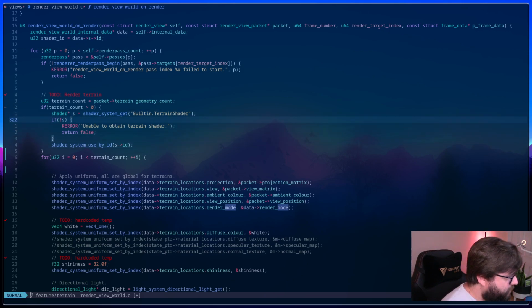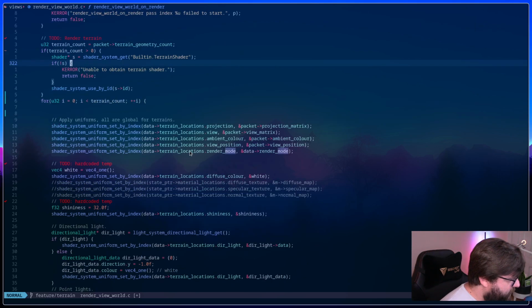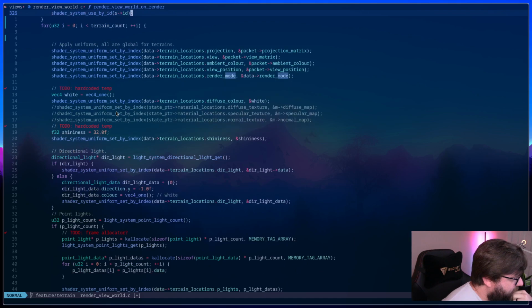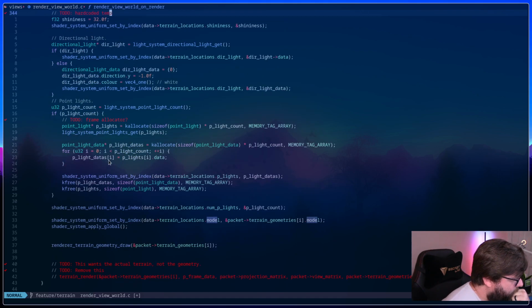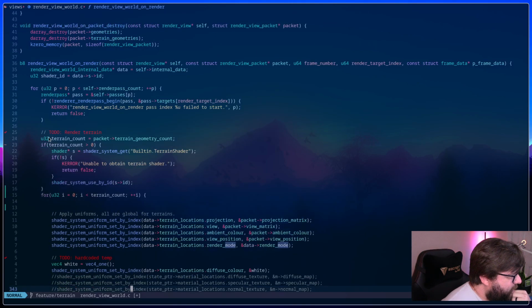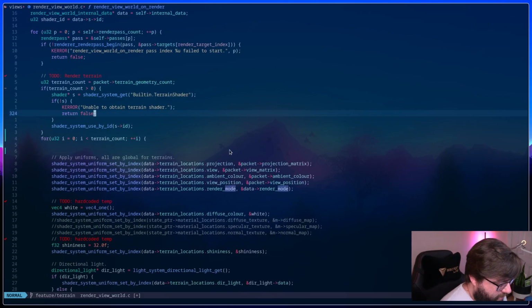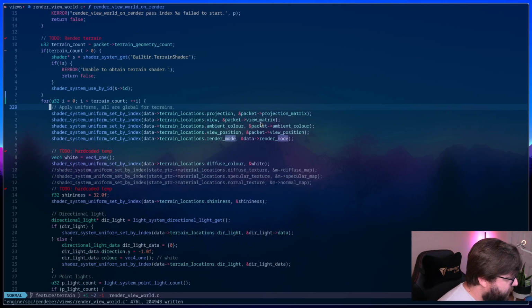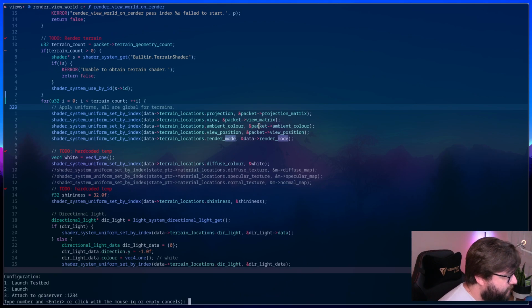We are going to have to scope this shader though, I think. Let's see. Do we need that for anything? Because I think we've used it and it's stateful, so we might actually not need that. Okay. We could probably cache this as well. We really don't need to do this every time here. But for right now, I'll go ahead and leave it as is. That's at least a little bit better than what we had. Okay, so let's do that. Let's go ahead and we'll run.